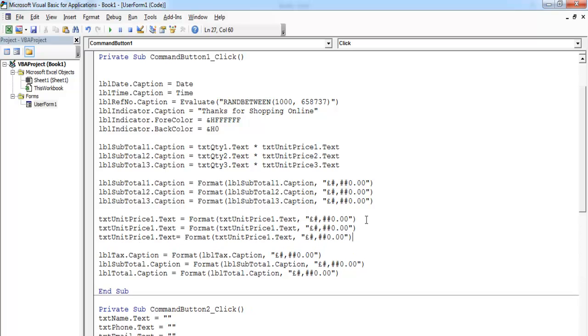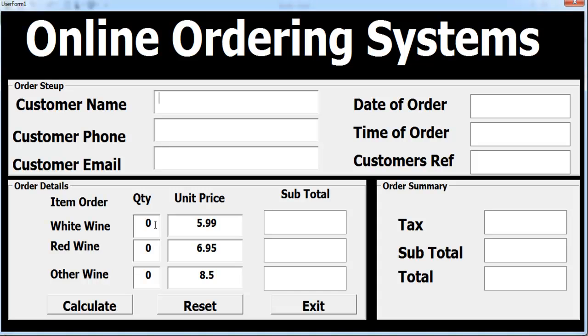That's for 2 and 3. So that's 2, 3, 2 and 3. Okay, so if I run it now, enter whatever I intend to purchase in there,